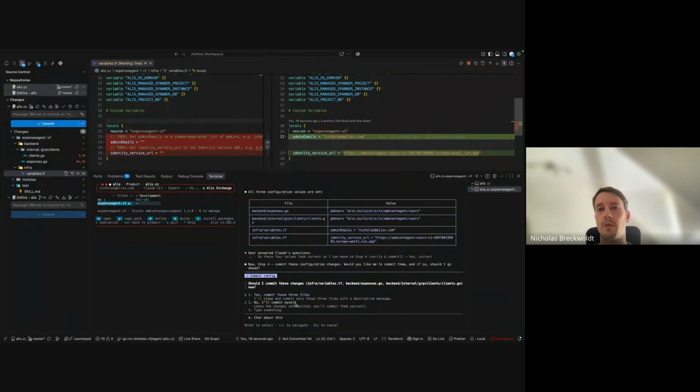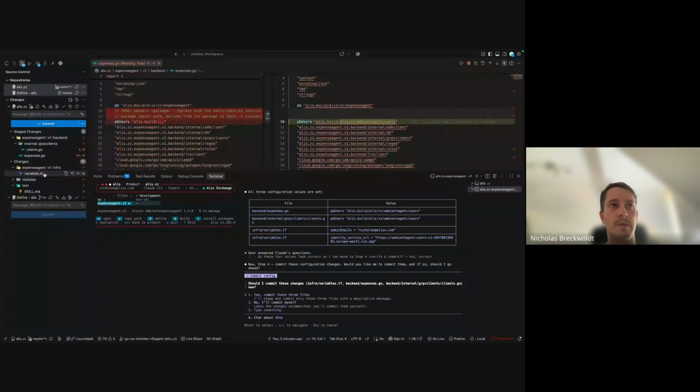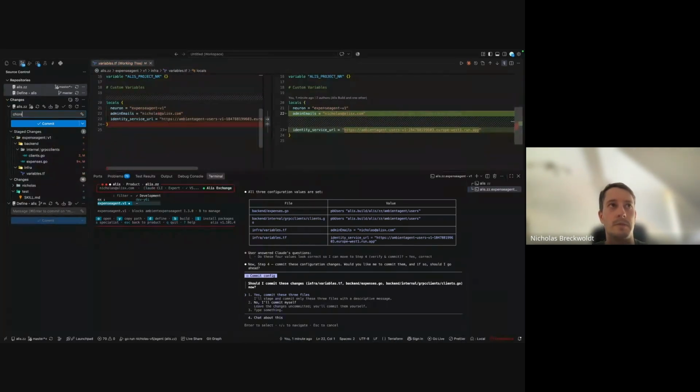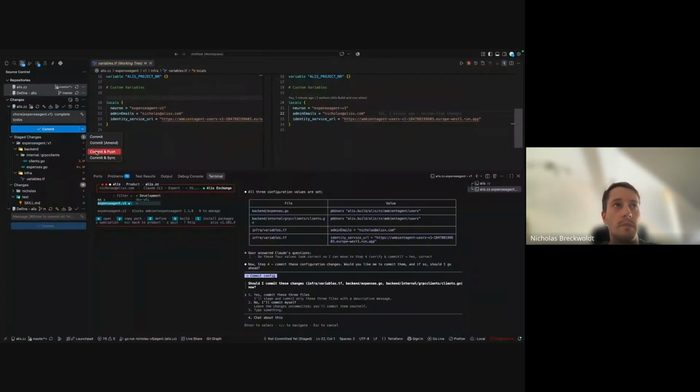So yeah, so Claude, the part of the skill is like, it's designed to be totally hands-off, but you don't have to. You can, if you prefer, for example, to do things manually, you can go and do that manually. So I'm going to actually go and commit these myself. So I'm going to say draw expense agent.v1 and say sort of complete to-dos, and then commit that,